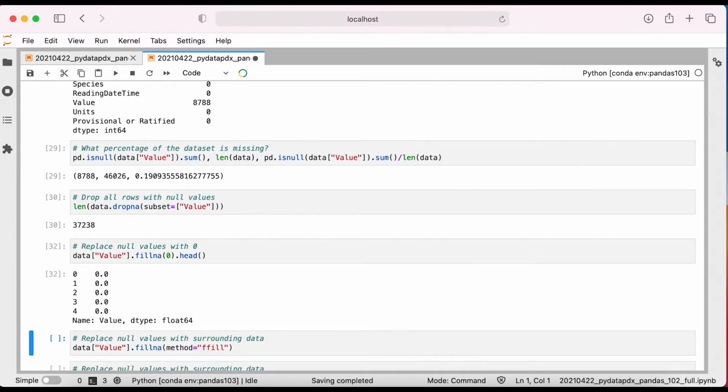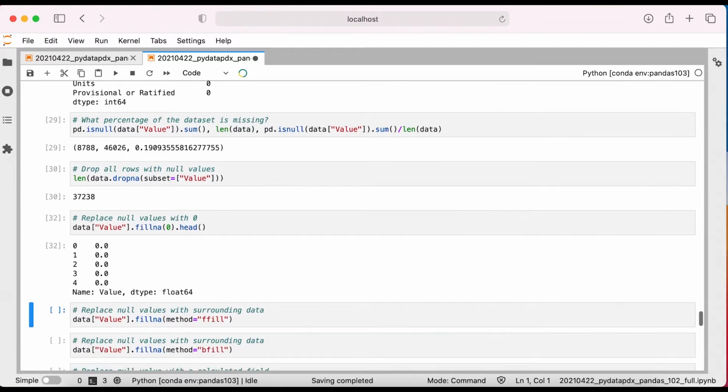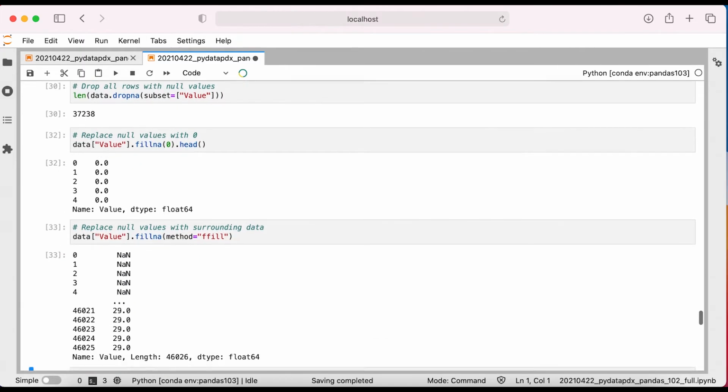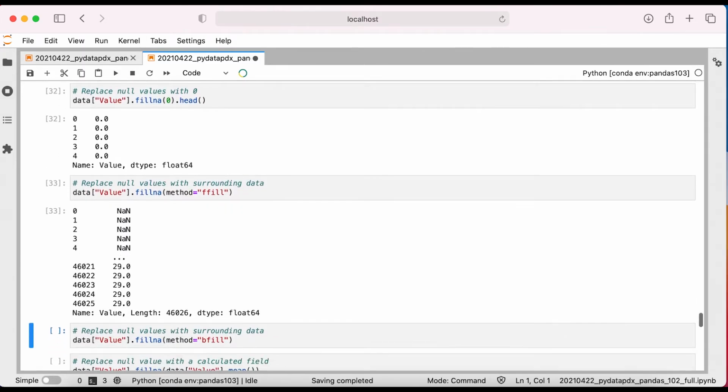Sometimes you may want to fill missing values with existing non-null values in the data frame. To fill forward, meaning missing values are filled with existing non-null values before it, pass the string ffill to the method parameter. The values at the end are filled with the last non-null value of 29.